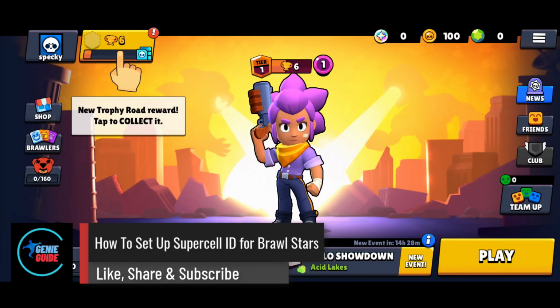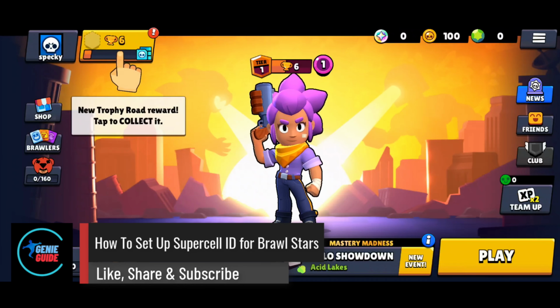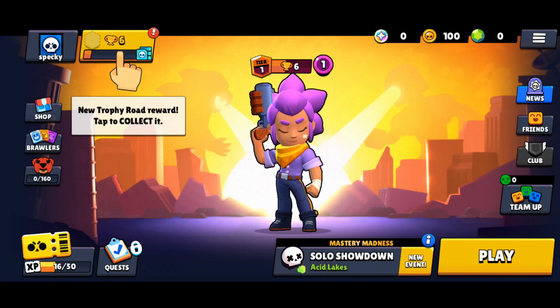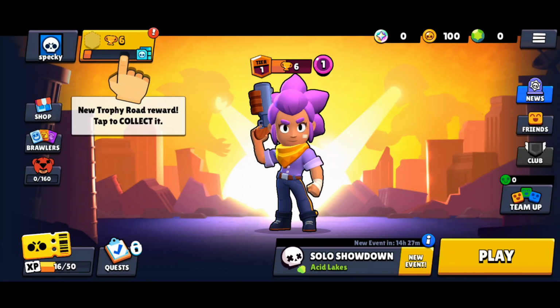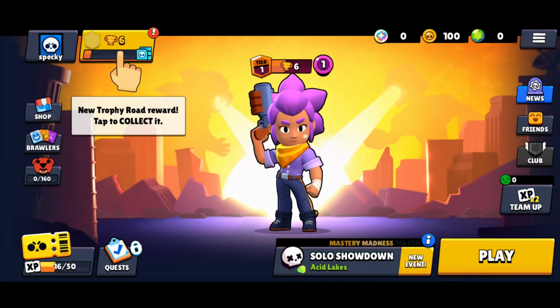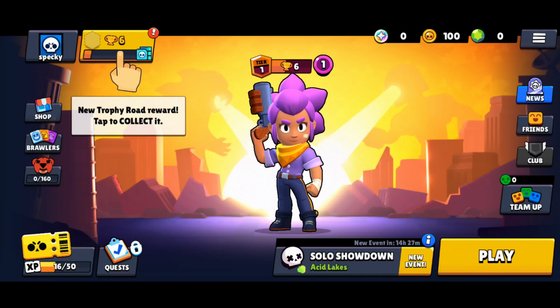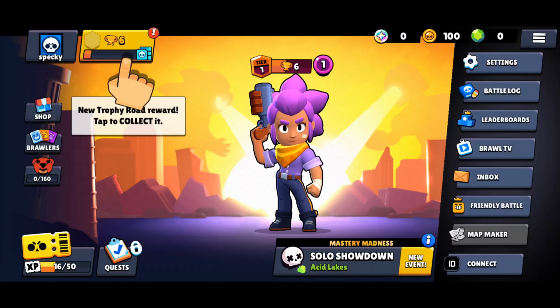How to create a new Brawl Stars or Supercell account. To create a Brawl Stars or a Supercell account, after you launch the Brawl Stars game, I currently don't have an account, so maybe I want to create one. It's very simple. You just have to tap the three horizontal lines icon from the top right hand side, and